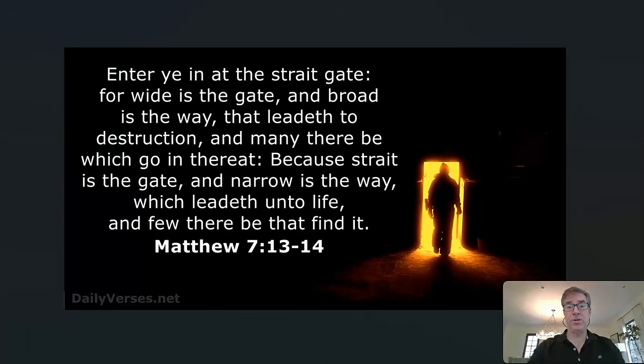Now this, from a spiritual standpoint, from a standpoint of eternal life, is obviously speaking of Jesus Christ. He is the way, the truth, and the life. He states, no man cometh to the Father but by me. Eternal life is only found through Jesus Christ, and faith and trust in him, through the promise of God of eternal life through Christ. That's what we've put our faith in, for the precious free gift of eternal life.